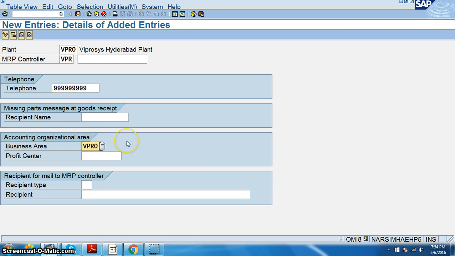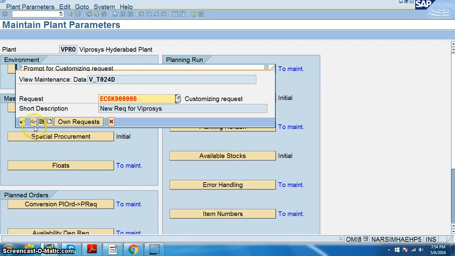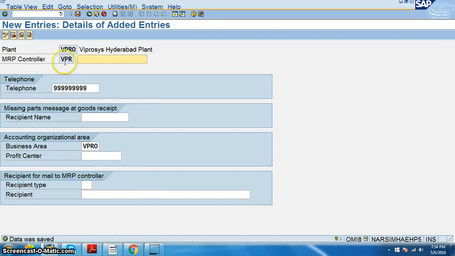Business area is VPRO, profit center is also VPRO. So we have just saved it, VPR controller.